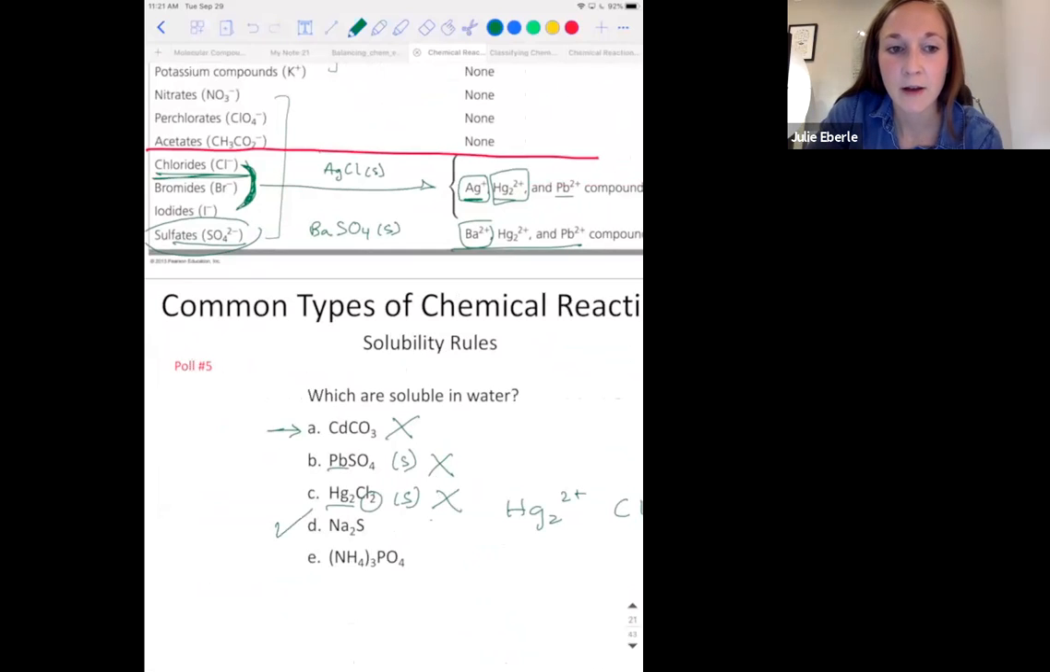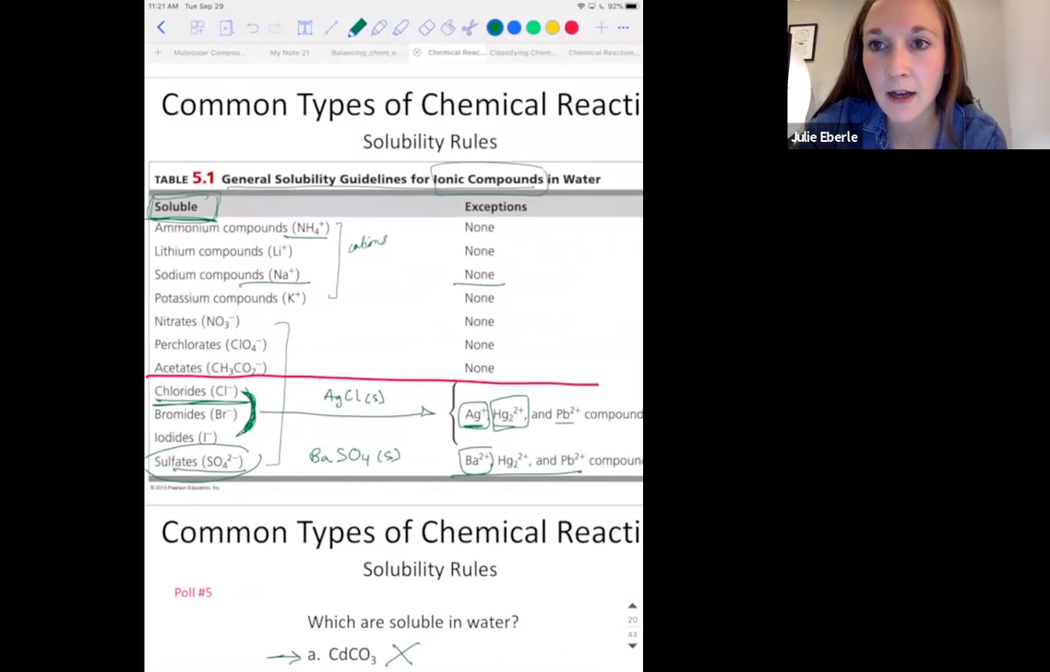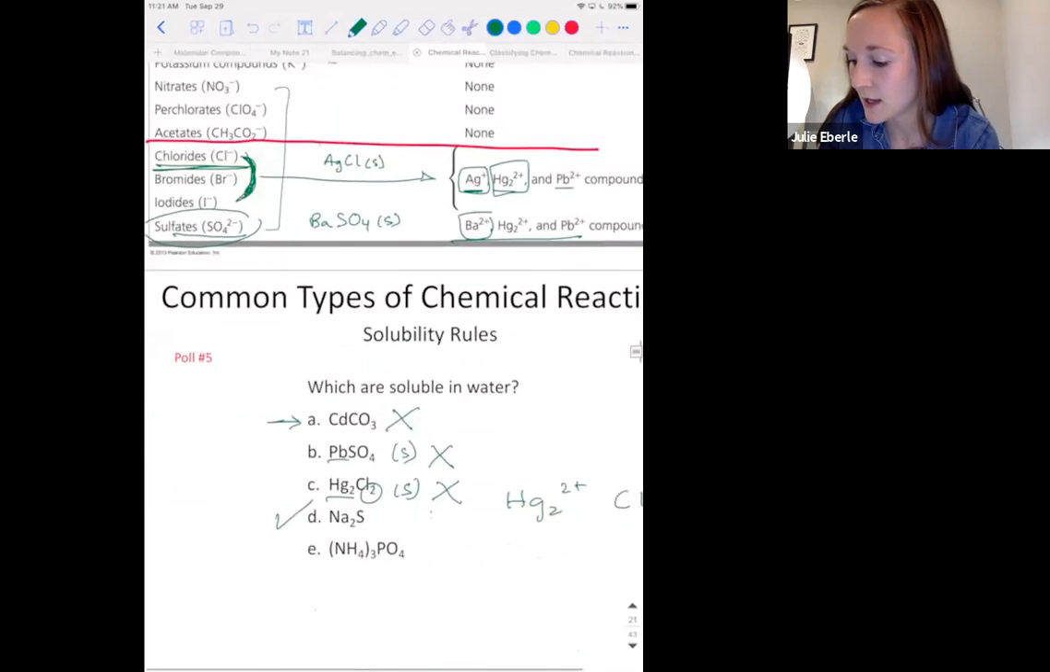Number 5, ammonium phosphate, NH4, we have 3 of them, PO4. Let's look at our list. I see ammonium, very first cation. Any compound where ammonium is the cation is soluble, no exceptions. Okay, so yes, this one will be soluble in water as well. And 70% of the class got that one right. Questions? Okay,